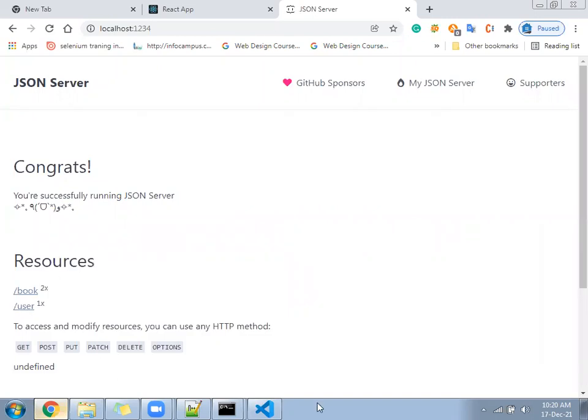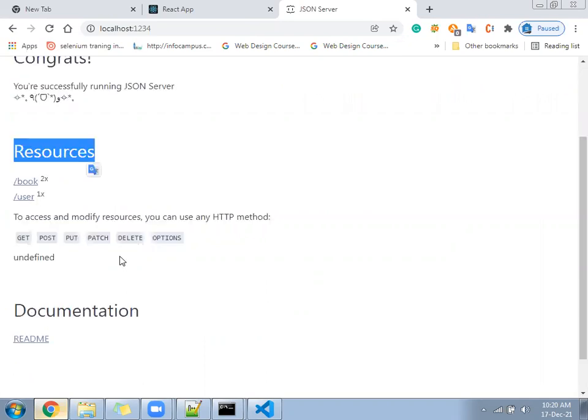This page will appear. It says your resources are available on book and user. Also, it shows the methods you can use: get for fetching, post for adding data, put for editing data, delete for deleting. Options will come automatically every time you send a request.